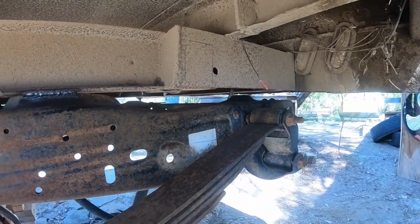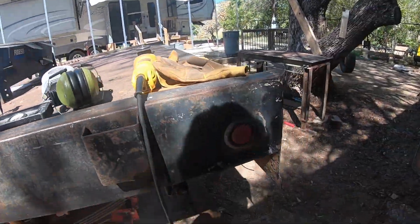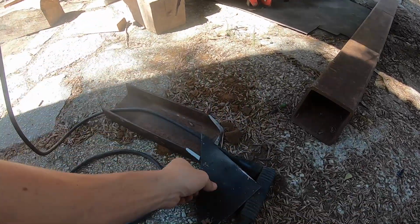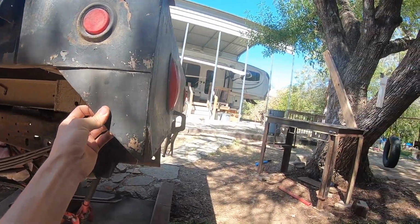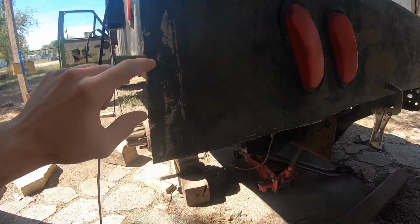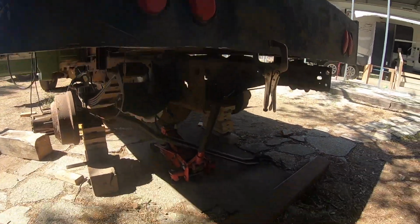Still gotta make this rear mount. What else? Oh, I cut this off right here. This piece right here was here. Cut that off. And I'm gonna cut on this line right here, and then